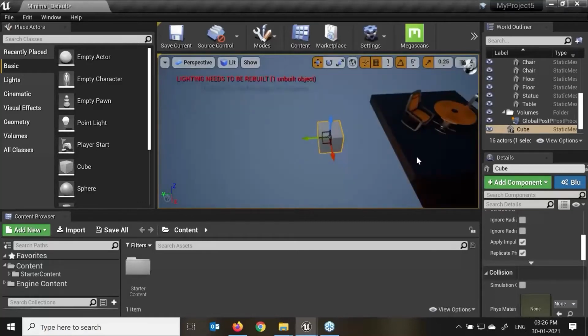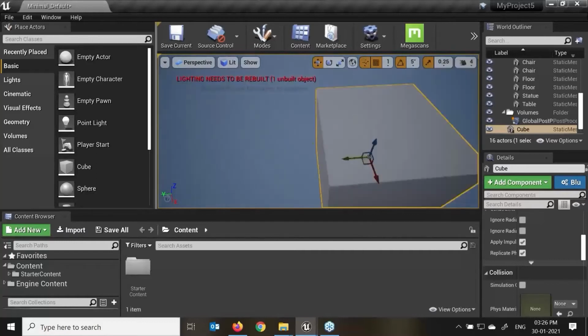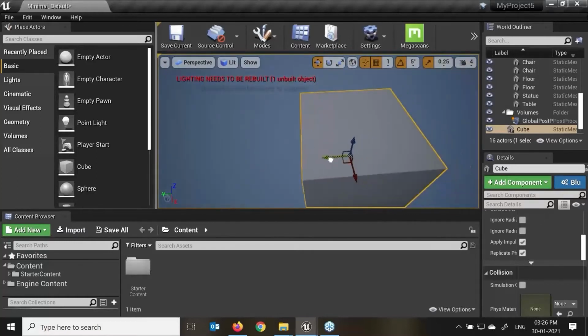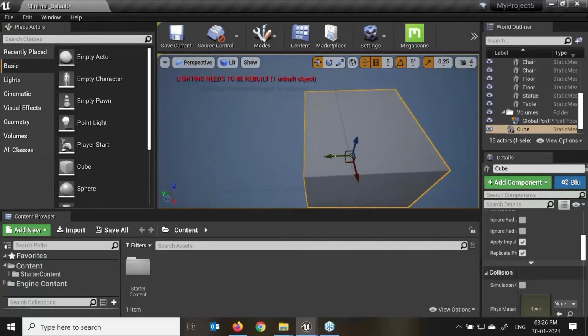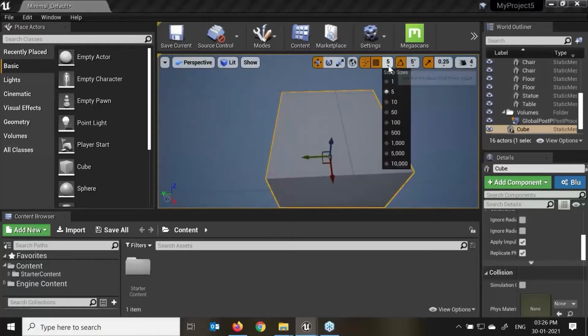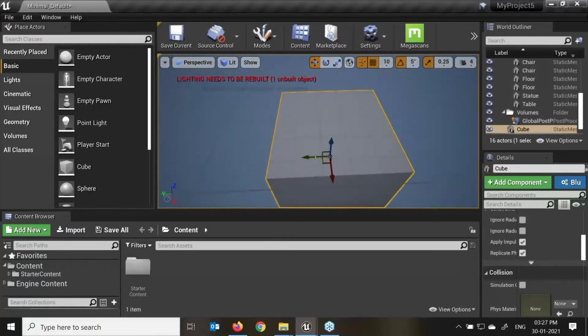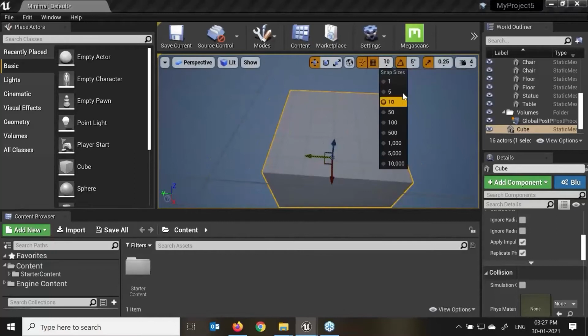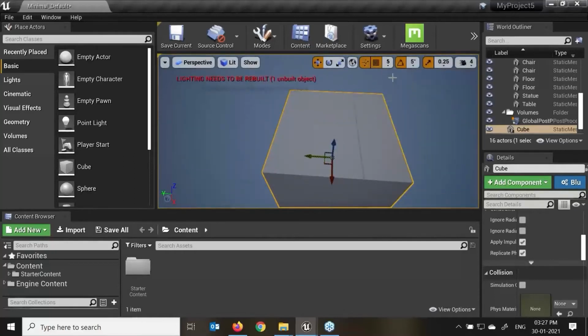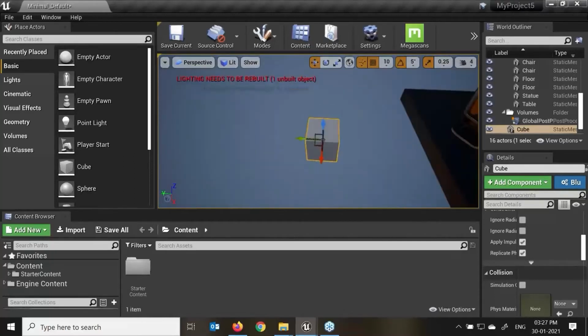One unit. Here you will see it. Go a little bit more, zoom out. So this is snapping it one grid distance. Just move it. Again 5 at a time. This is calculating into the 10 units. So this is the grid spacing what we have over here, 1 and just the 5 or the 10.